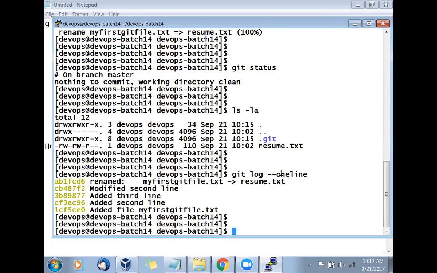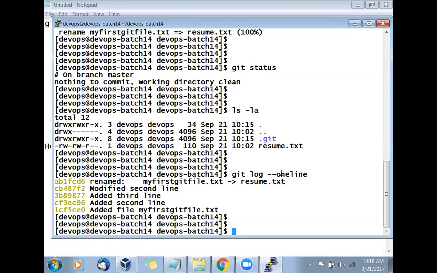Okay, 5, 10 files are going to the staging, going to the local repository. And when you give the commit, you will give the commit to the set of files, not to a single file. So make sure that whenever you put a commit, the group of files with the relevant information goes up. That way you can say that I have modified this section, I have modified this file, or something like that. Okay. Good.